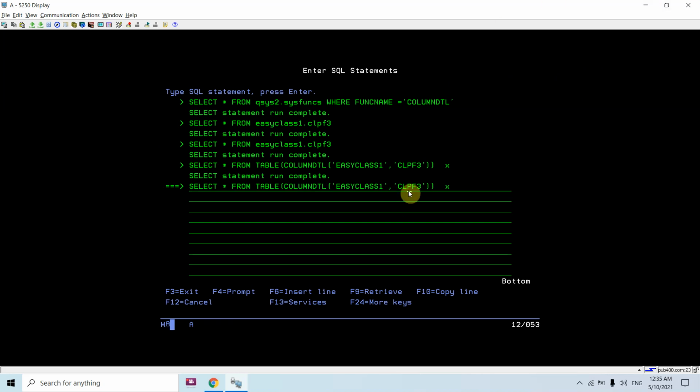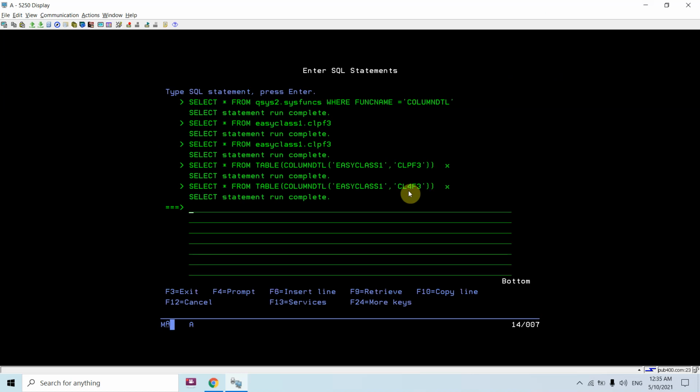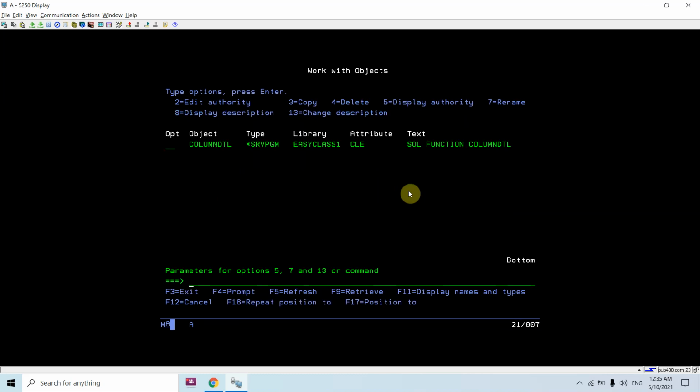Now if I change this, let's say this, we don't have that file, so we are not getting anything. Let's check any other table.